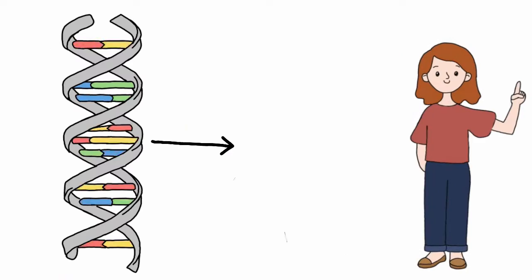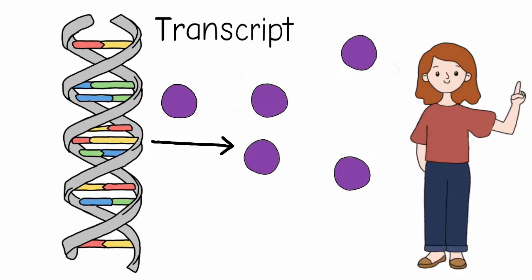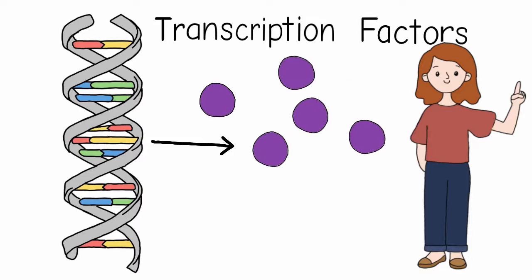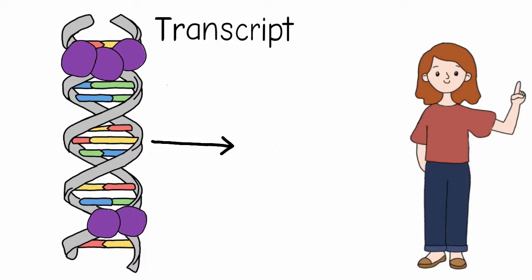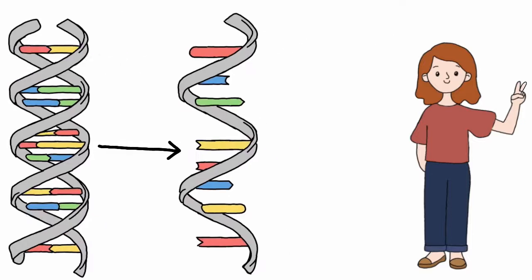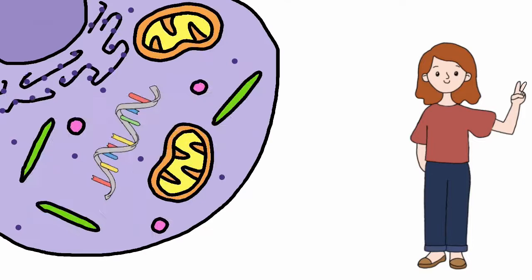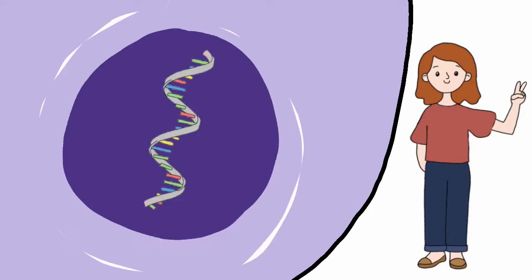First, the DNA goes through transcription. This process is regulated by small proteins known as transcription factors. The transcription factors bind to the DNA, and based on their binding position, the cell controls which genes should be expressed. Next is translation. When the mRNA from transcription reaches a ribosome, the mRNA sequence is read in sets of